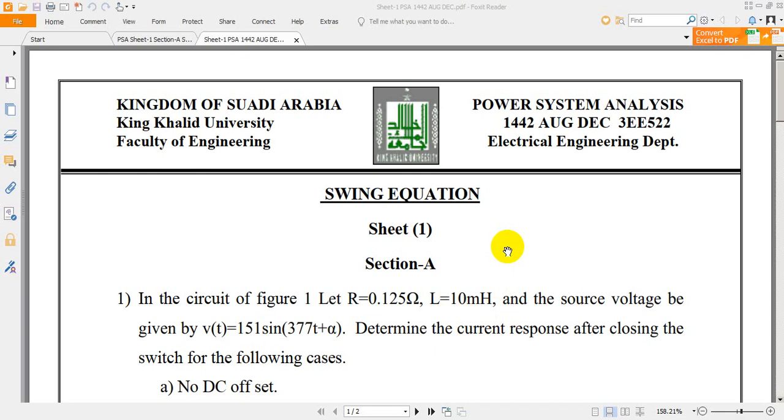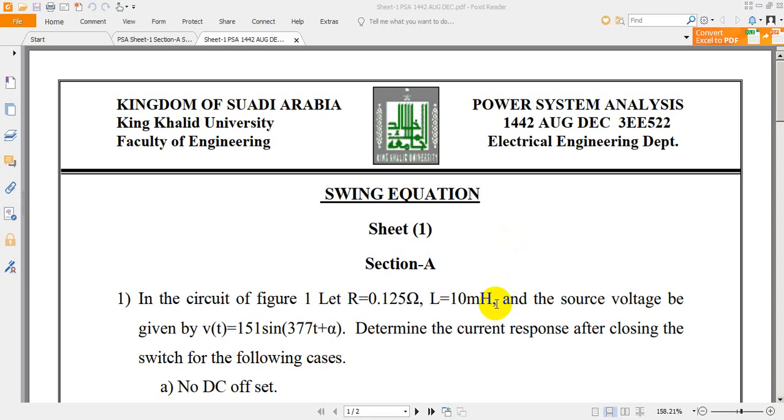This sheet is divided into two parts, section A and section B. In section A we are going to deal with problems related to the transient analysis in an RL circuit, and problems related to the swing equation are going to be studied in section B. Coming to the first problem of section A,